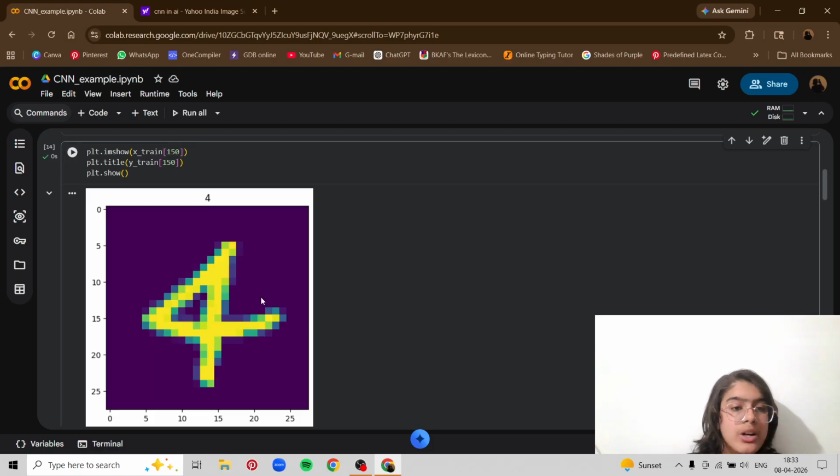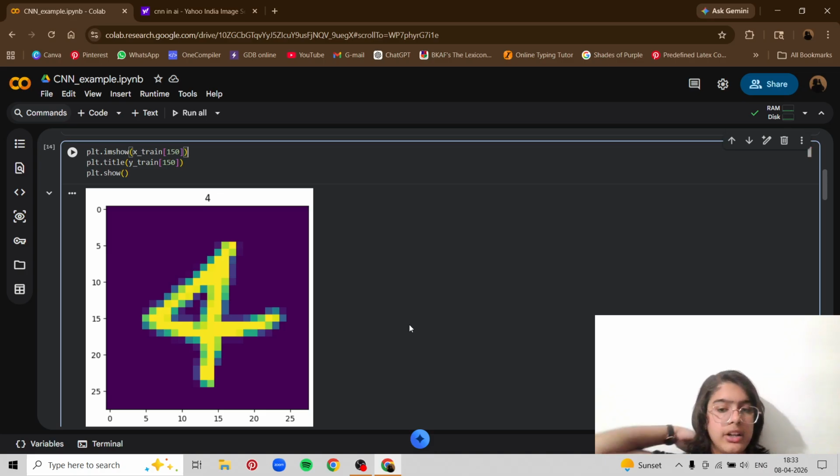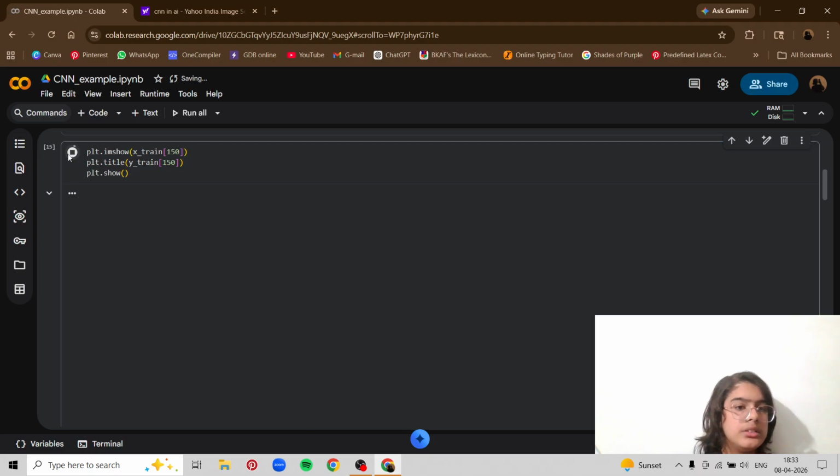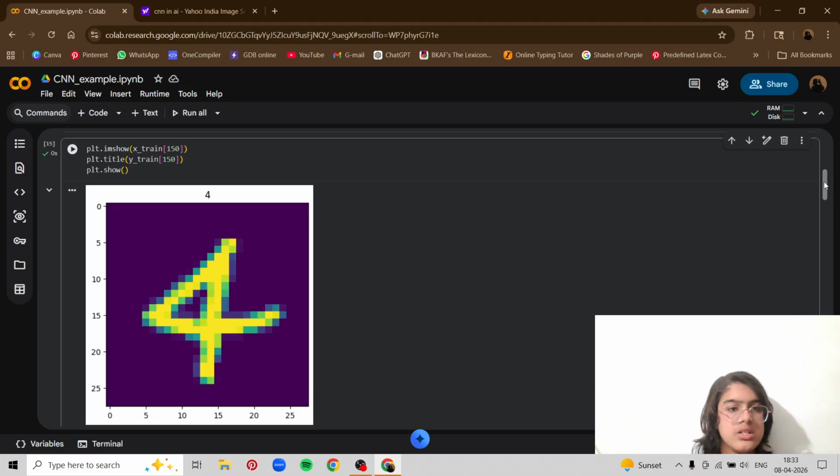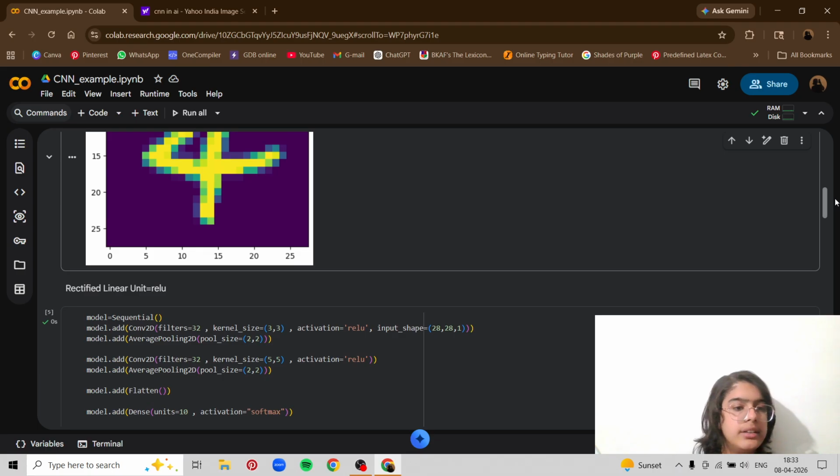So now you have 4. Usually people write 4 as this. And over here we have a different kind of 4. Over here you can see that this line is very extended. So the model basically should get to understand, and the model should be able to identify what number it is. That is the whole point of training the model before. So now let's go ahead.